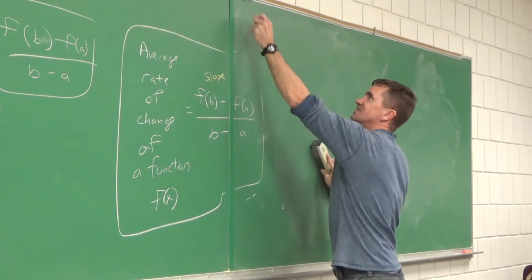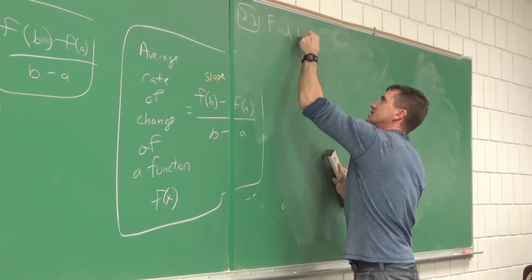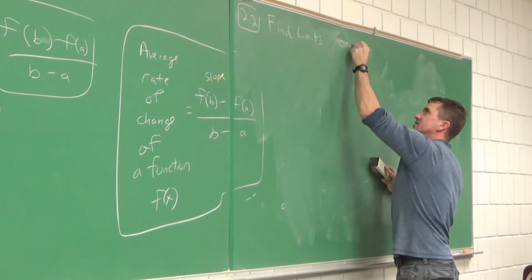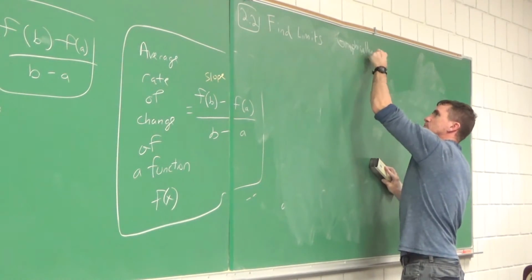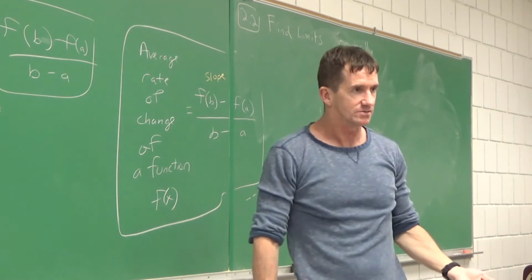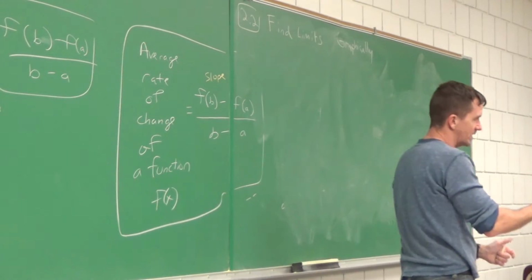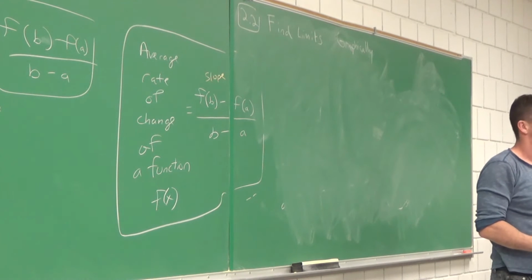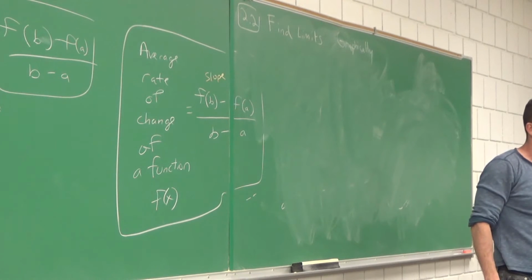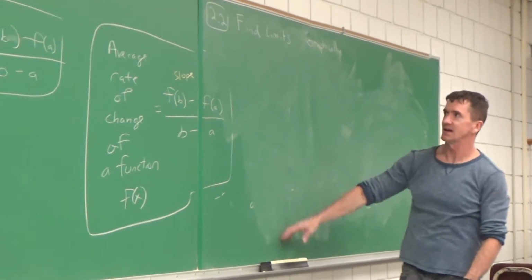Now we get to spend the next 45 minutes doing limits graphically. So on 2.2, let's find limits. But which way? Graphically. And thanks for your patience on section 2.1. I know you already know about average rate of change of a function, right? But I want you to see where this was going. We were trying to get the tightest region to help us estimate the instantaneous velocity. And we were trying to estimate not the slope of a secant, but the slope of a tangent to a curve.